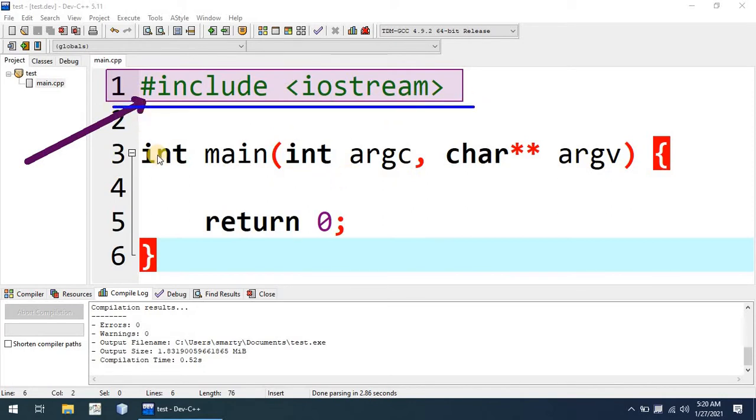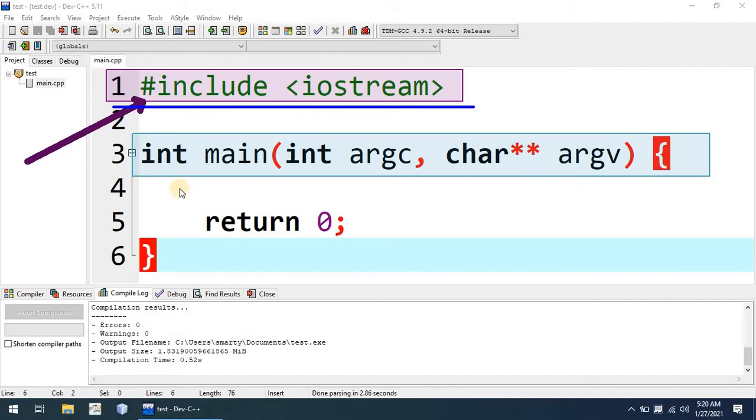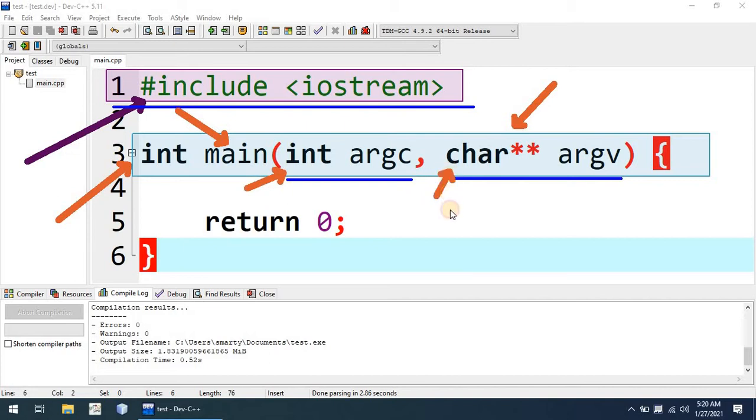Now we will go to the second part, that is line number 3. This is called the main function of our program. It has 3 parts. First of all, the return type, second its name, and third its parameters or arguments. We can see here there are 2 arguments or parameters provided in the basic structure of a C++ program. The first one is of integer type and the second one is of character type.